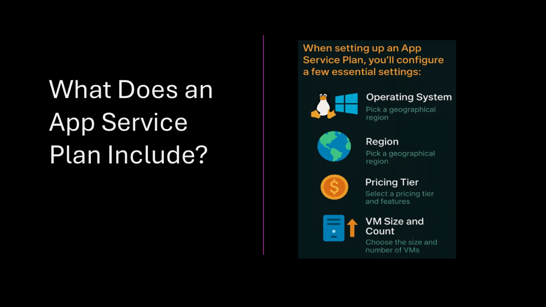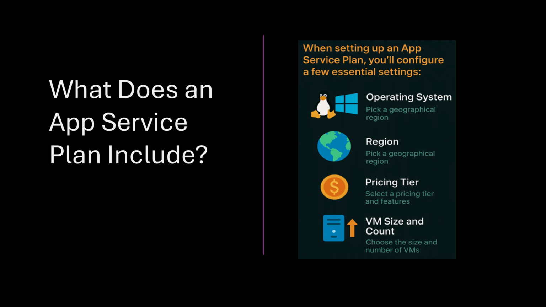When you deploy a web application in Azure App Service, you're not just deploying code, you're also defining where and how it runs. That's exactly what an app service plan does. Think of an app service plan like a virtual server farm. It bundles up the compute resources, CPU, memory, and storage needed to run your applications. You create the plan once and can host multiple applications within it, as long as you stay within the resource